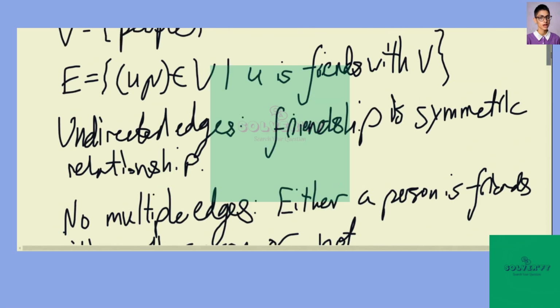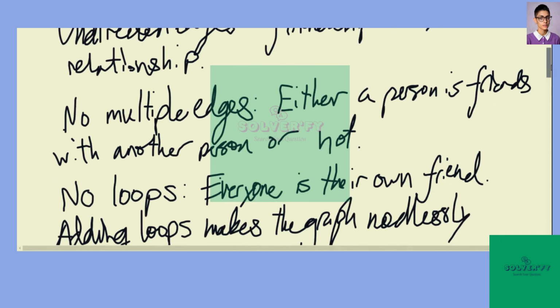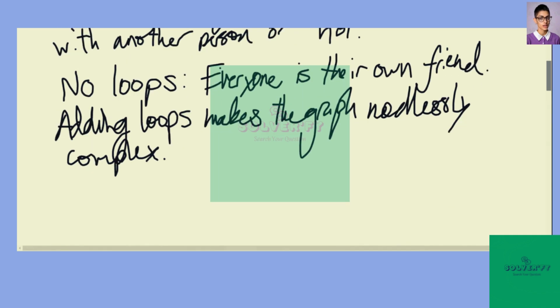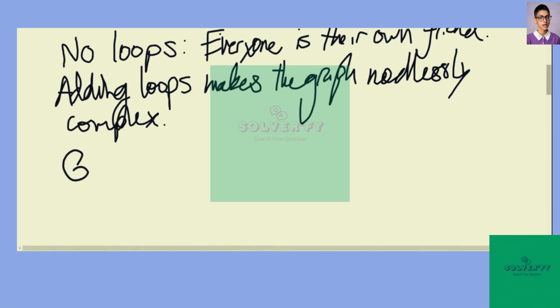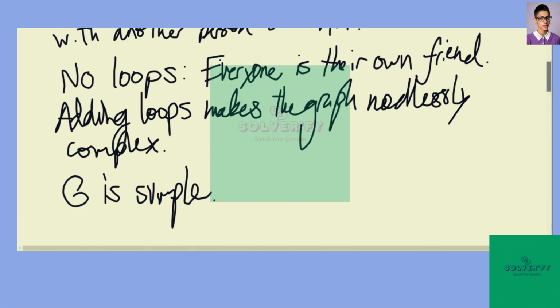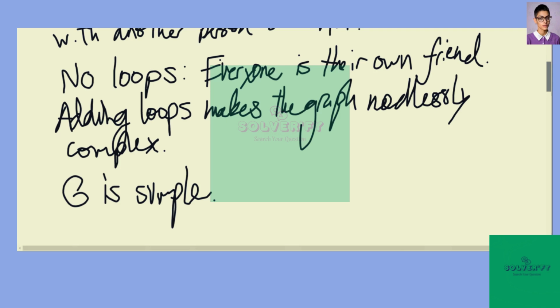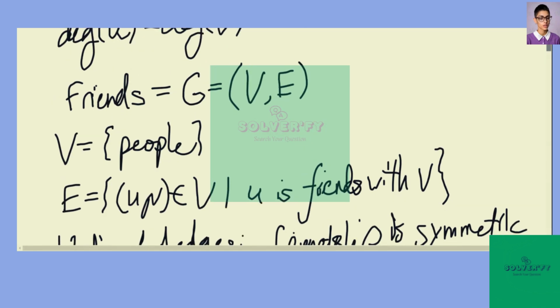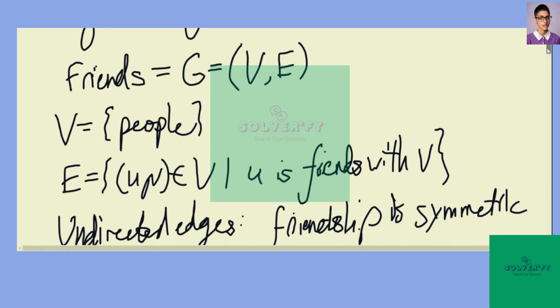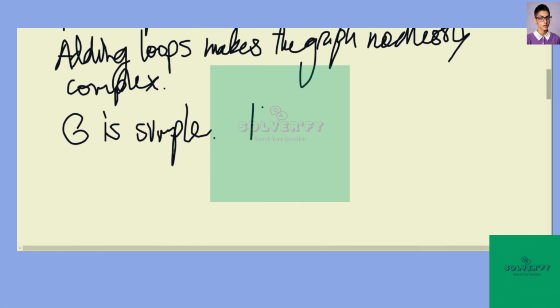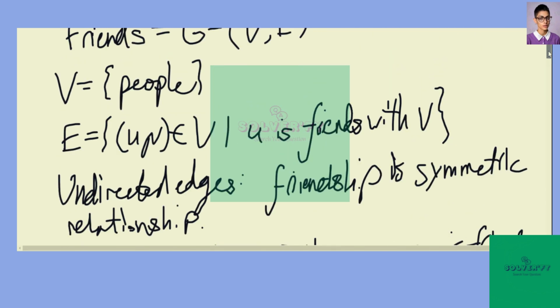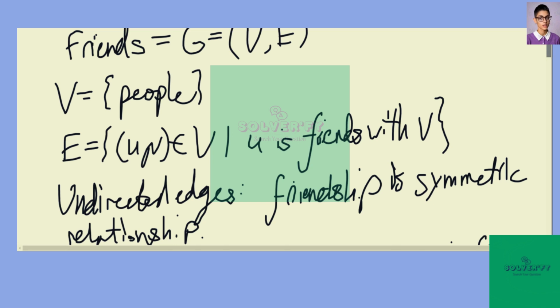So what this establishes, since the edges are undirected, multiple edges are not allowed, and loops are not allowed, it follows that the graph G is a simple graph. And notice that since V is the group of people, and people is plural, it follows that the cardinality of V is going to be greater than or equal to 2. So a group has to contain more than one object. And therefore, by the theorem,